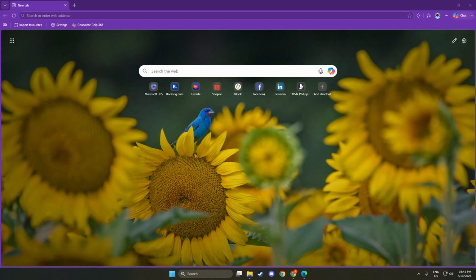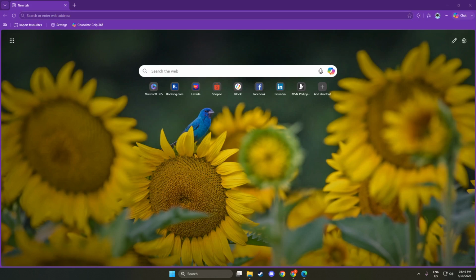Once you click on it, the browser will launch and you'll see your home page or the last page you visited. This is the foundation for what we're going to do next. Opening the browser is essential because it allows us to access all the features, including the settings where we can manage our passwords. Taking this first step ensures that you are ready to proceed with adding your passwords securely.